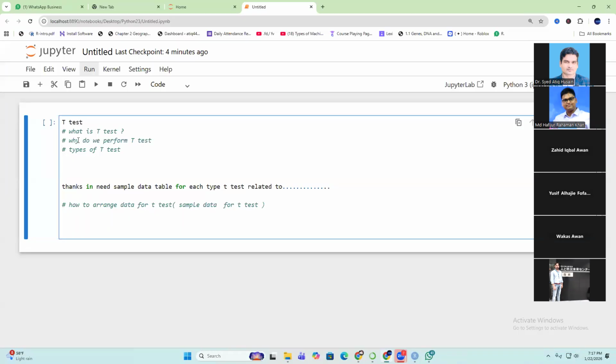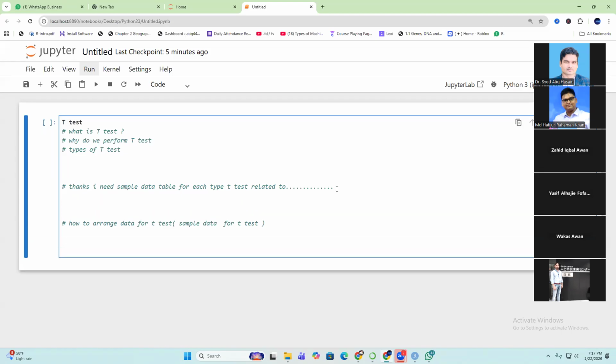Okay. After asking these questions, the next step is to type a message to ChatGPT. Thanks. I need a sample data table for each type of t-test, related to, and you can add here your field of study name. If your field of study is physics, chemistry, biology, economics, or anything else, type it here. Then it will show you the sample data table after